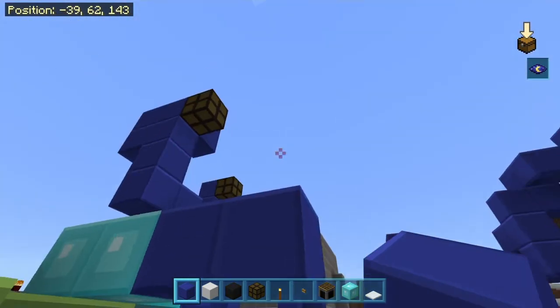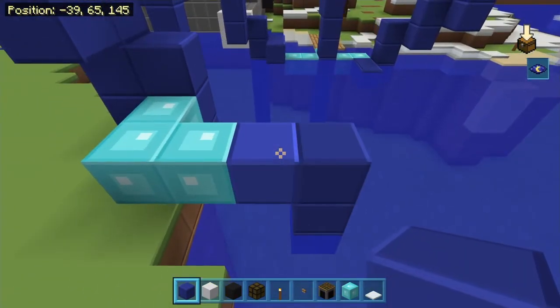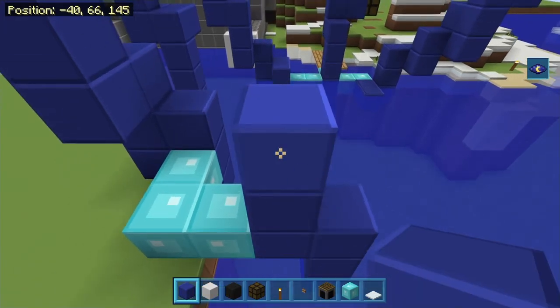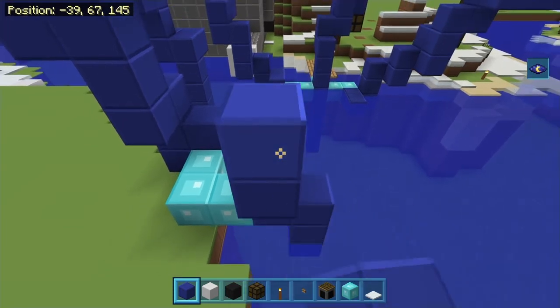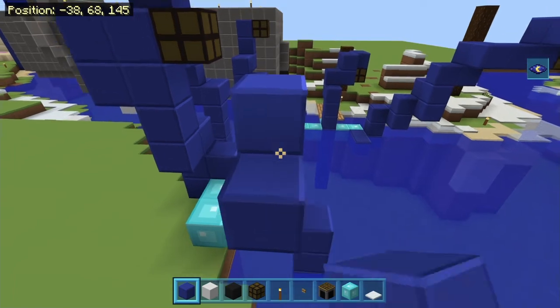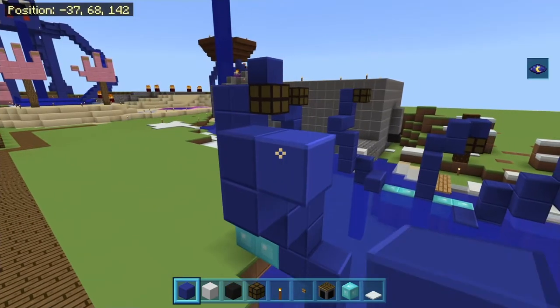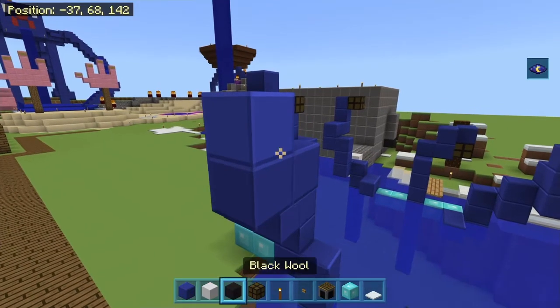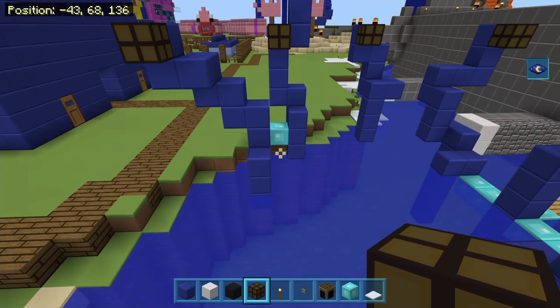On the second one right here, extend it down an extra 2. And on this left one here, extend it up an extra 2. Okay, and then come towards us 1. Up 1, towards us 1. Up 1. To the right 1, towards us 1, up 1, to the right 1 with a redstone lamp. Okay, I know this looks a little confusing, but I hope you've been able to follow along with this